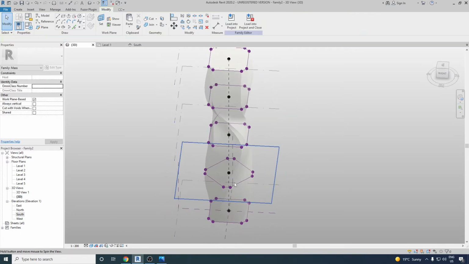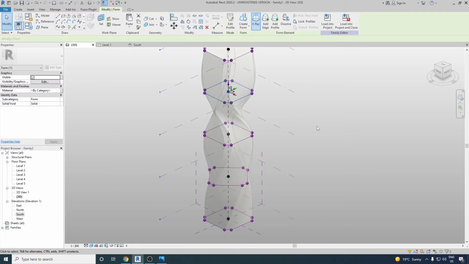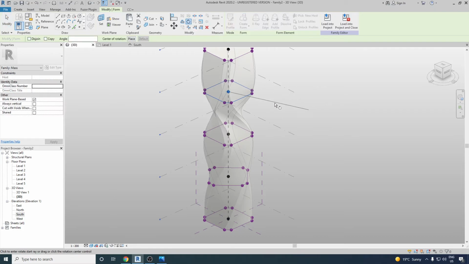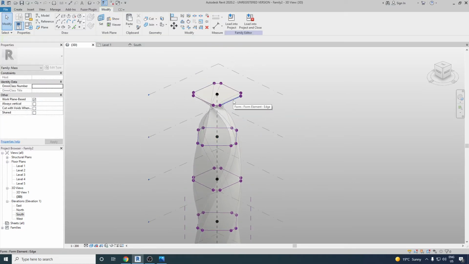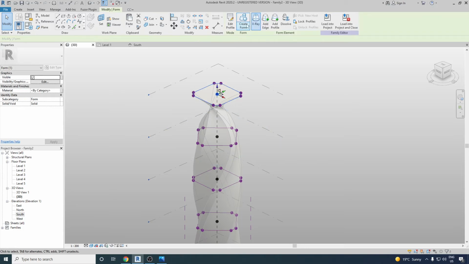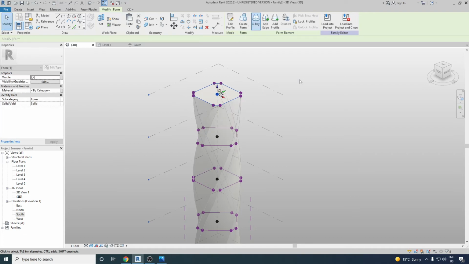Now you can see it's taking shape. Let's go back and select the other one. This time 45 plus 45 plus 45, that is going to be 135. So select the rotate option again and enter 135. Next, our top cross section. Select again, choose the rotate option, and this time 4 times 45, that is 180. So 180, and that's it.